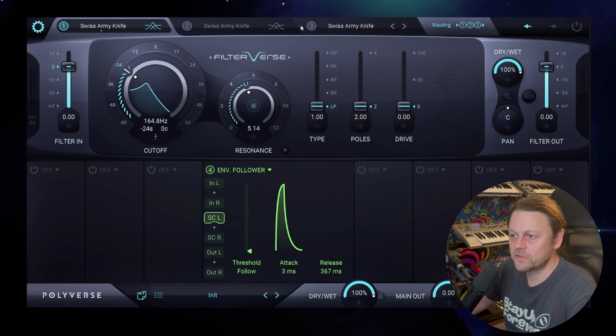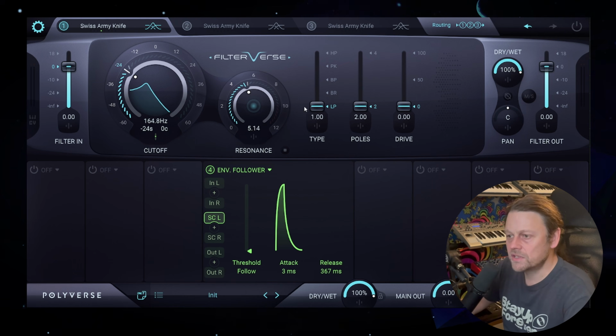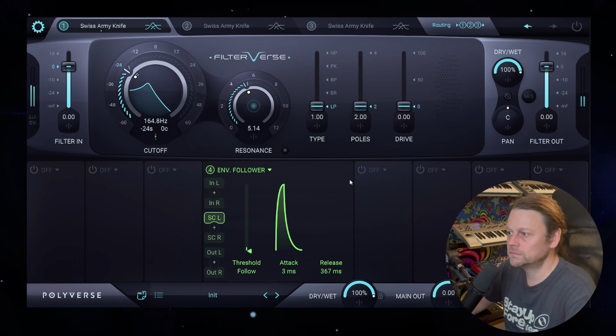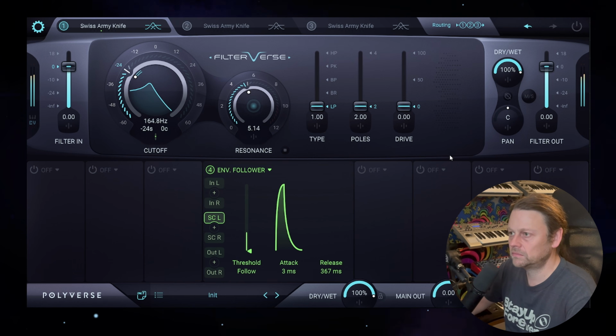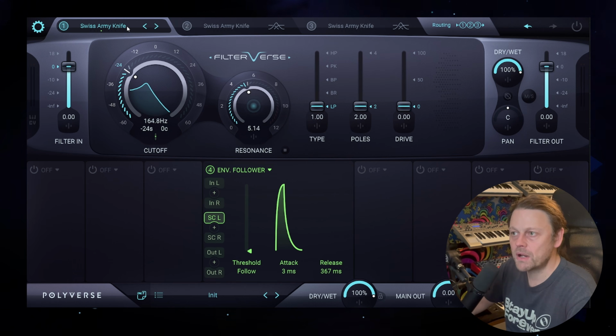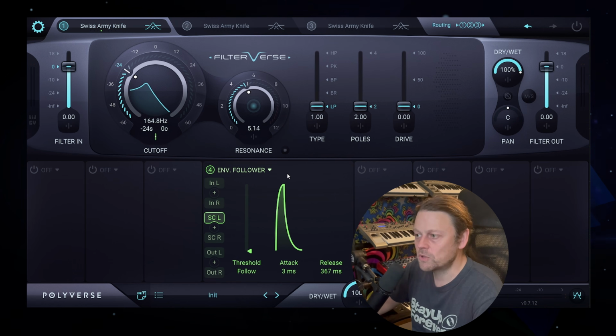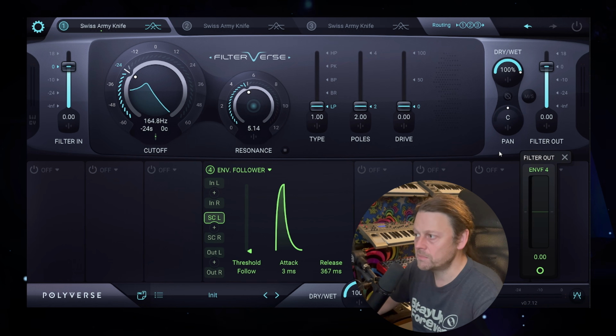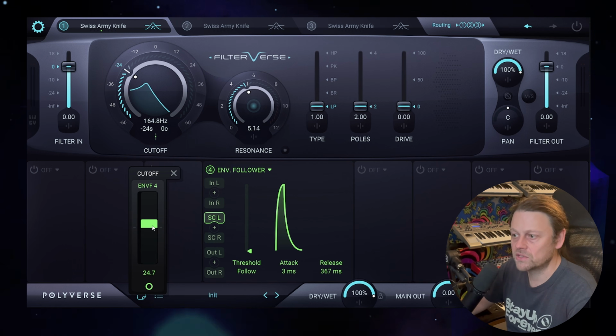add rhythmic life to pads. So in this case, we're using the same pad, but with a different loop. We still have the sidechain enabled, exactly the same as before. I've changed it from the bypass to a Swiss Army knife. I've taken the modulation from the envelope follower off the output, and I've reassigned it to the cutoff with a